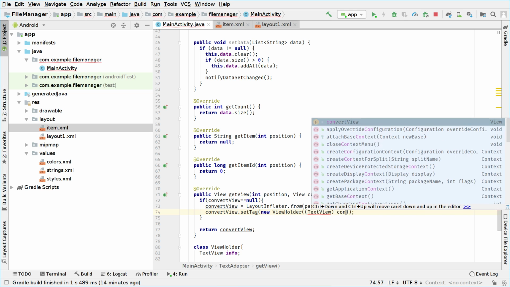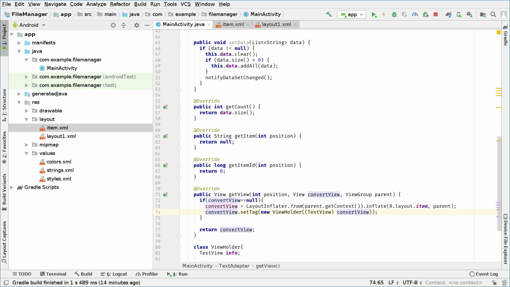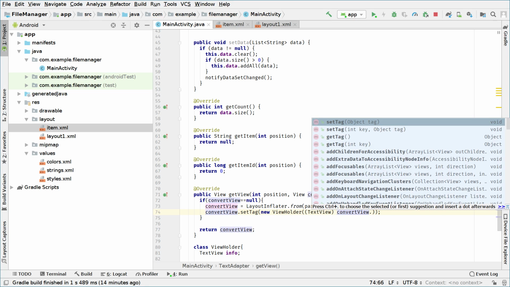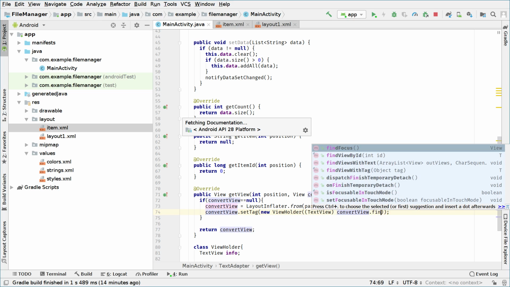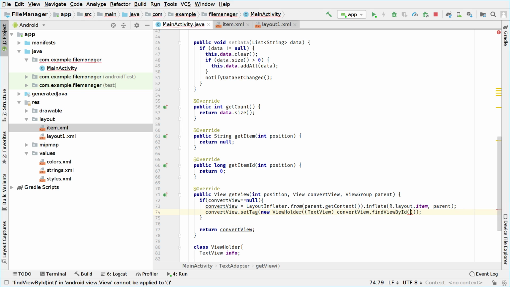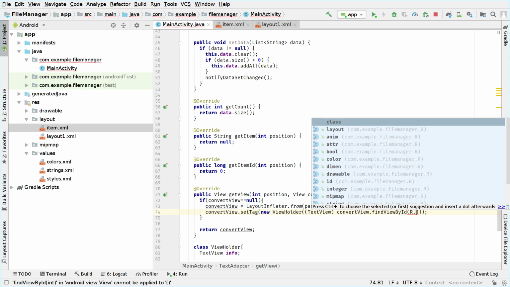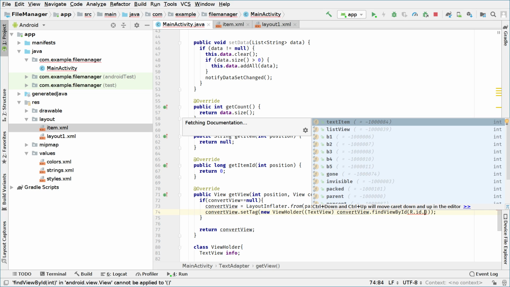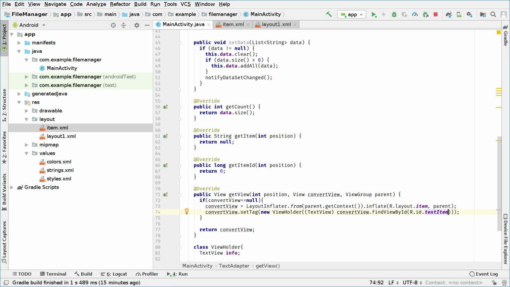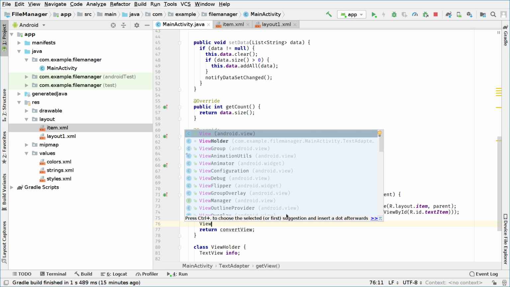So convertView.findViewById, and in this case we type the ID of the text we created, which is text item. Okay, after we've done that, all of this is in case the convertView object is null. And after the null, where the if statement ends, we will create a view holder to define the